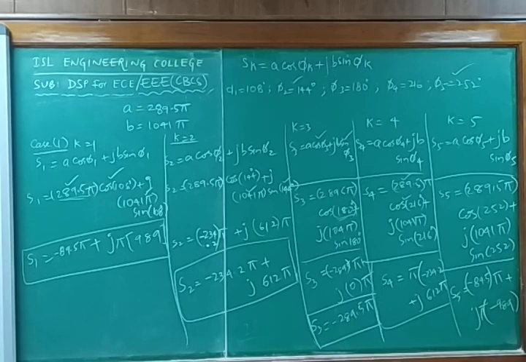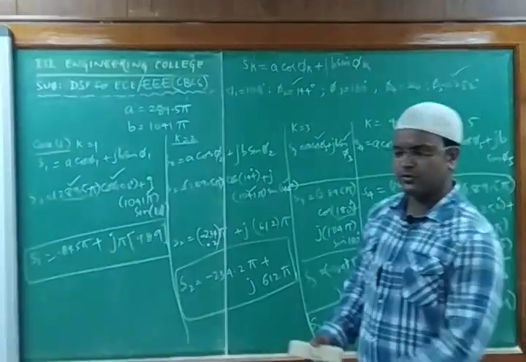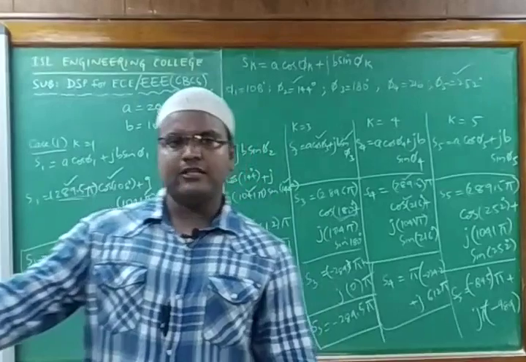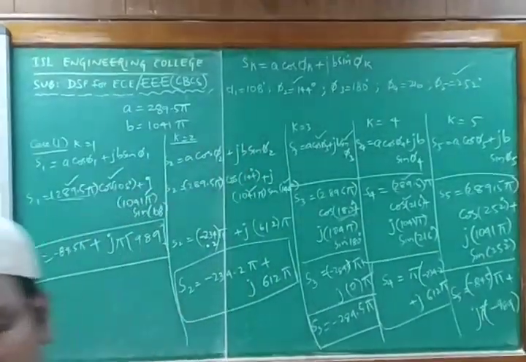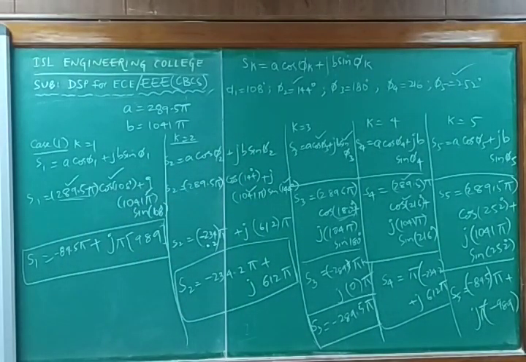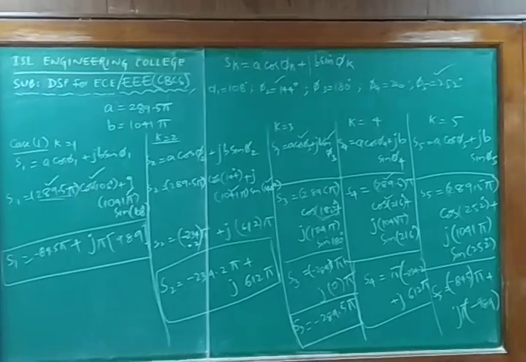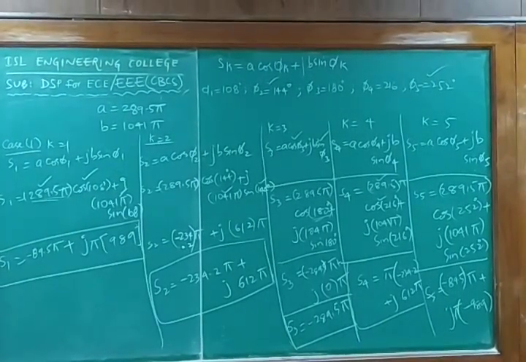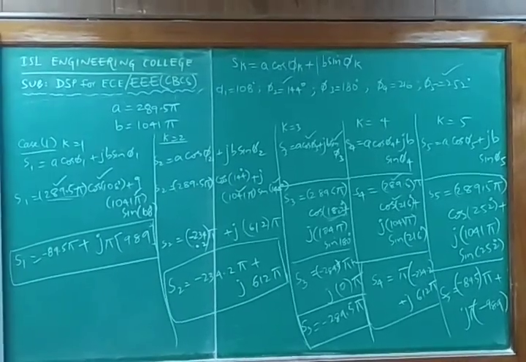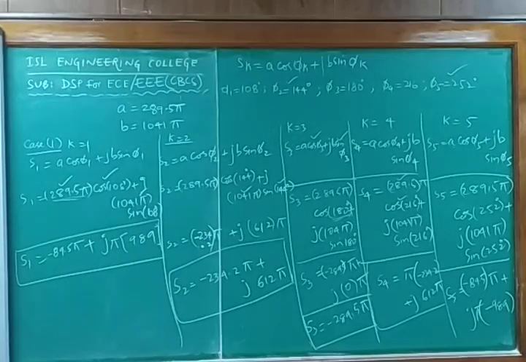I am not using the pi. Pi I am keeping outside because it's not inside the angle. So that pi I am keeping as it is for all the factors. So till now, what did we do, students? We found S1, S2, S3, S4, S5 by keeping A and B constant and by using phi 1, phi 2, phi 3 and so on till phi 5. So we found these values, which are nothing but the poles which they asked for in the question.